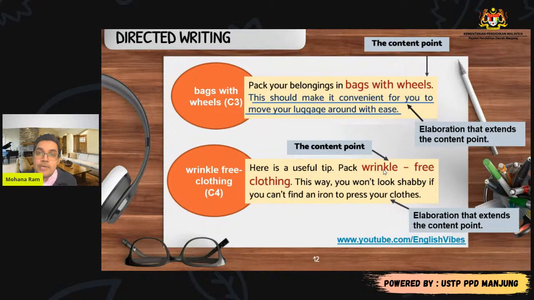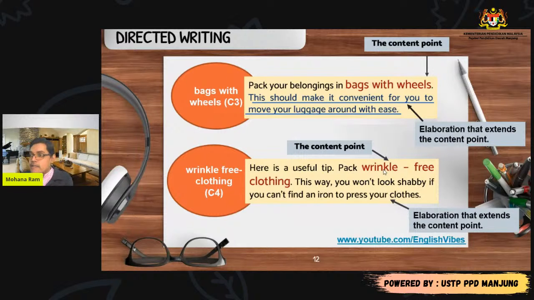If you don't follow a proper structure, probably you're going to mix up everything everywhere, and you will be missing out 1 or 2 points, and you will be losing marks for your content points, and that will affect your language as well. So keep this in mind, follow a proper structure. As what I've shown here, follow this idea. Whenever you want to elaborate a new point, start the first sentence with the point itself as your signpost, telling the marker that this is the point I'm elaborating. Then you start a new line and elaborate the idea.